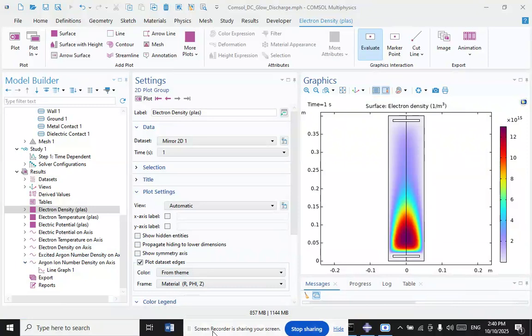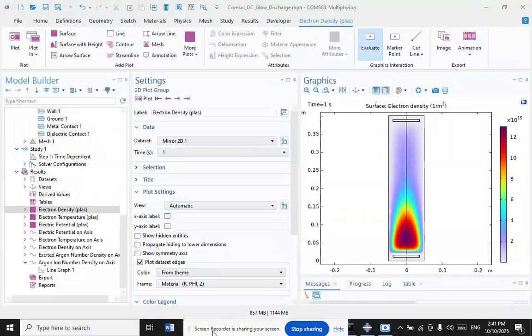A DC glow discharge is a low pressure, self-sustained electric discharge in a weakly ionized gas between two electrodes, producing a non-thermal plasma. It happens when a high DC voltage is applied, accelerating electrons from the cathode that collide with gas atoms, creating ions and more electrons in an avalanche-like process. This process results in a luminous, non-equilibrium plasma used for applications such as surface treatment for microscopy grids and sputtering